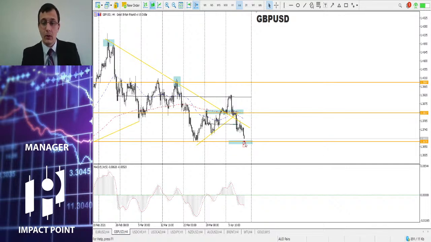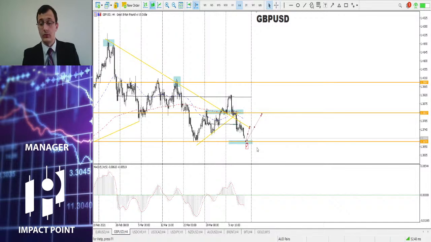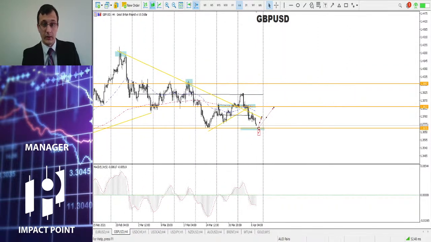But we easily could see a reach of this level, and after that a very aggressive move to the upside until here, or maybe here. We have to wait here, because 15 points is not a big distance. But let's see if we have another scenario, if this level will be broken. In case of that,